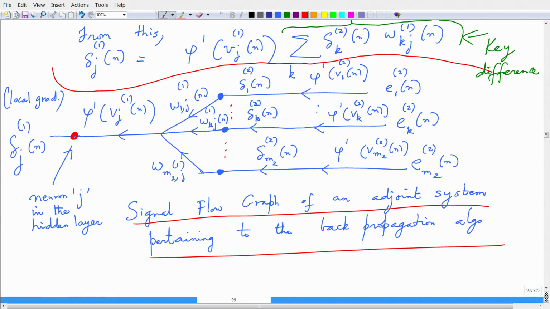It was easy for us to compute, but in this case it is not, because as we go to the local gradient computation for a hidden neuron, we will have to sum all the local gradients coming from the output nodes scaled by the synaptic weights. That is the key idea, and that is reflected in this equation. Look at it very carefully, this is very important. And please pay attention to the layer numbers indicated in the superscripts, otherwise it will be very messy if you have to code this up yourself.